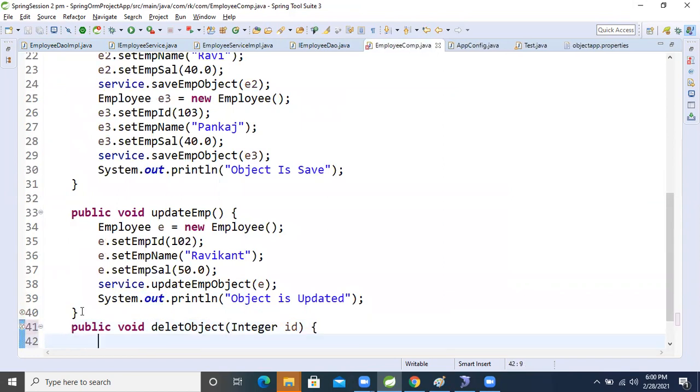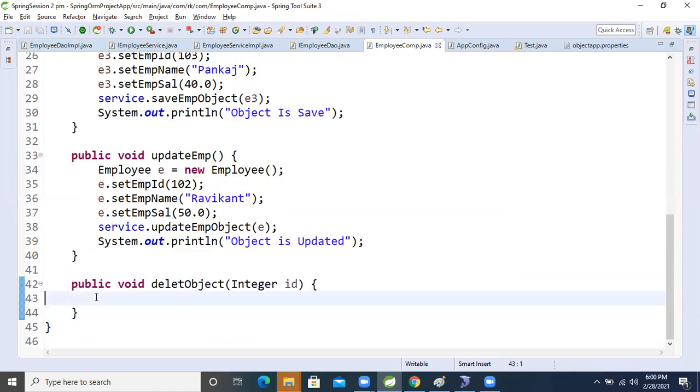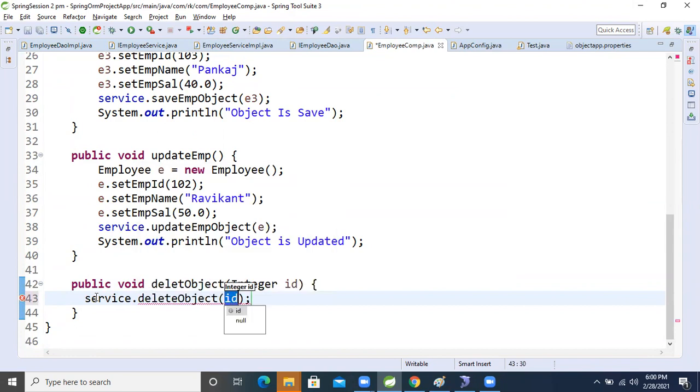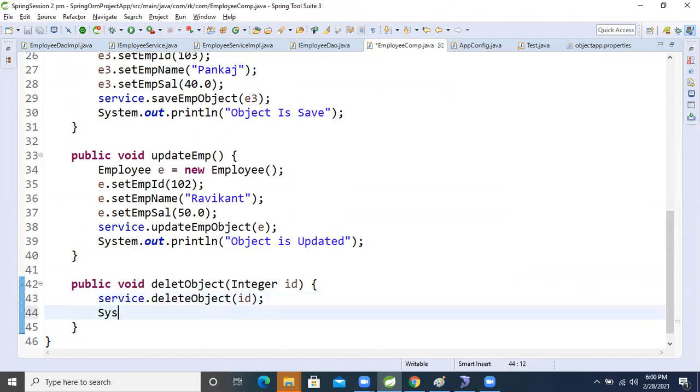Inside that, what we will do now? We will call service dot delete method, and inside that we will pass the id. After then, we just write the message sys out object is deleted. Fine. Let's call and let's run this application.